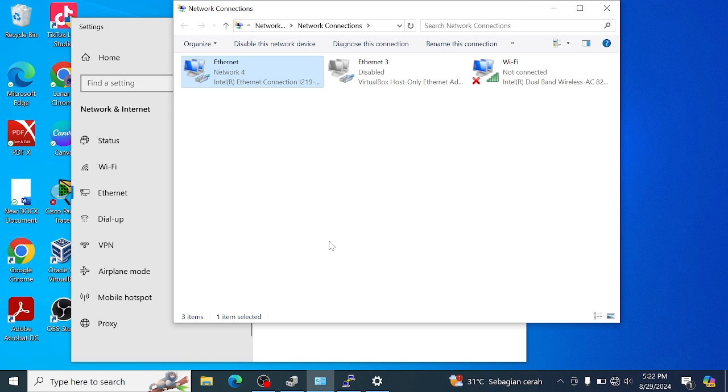And exit, and let's return to the previous configuration to complete.